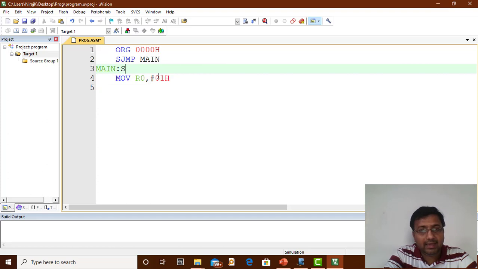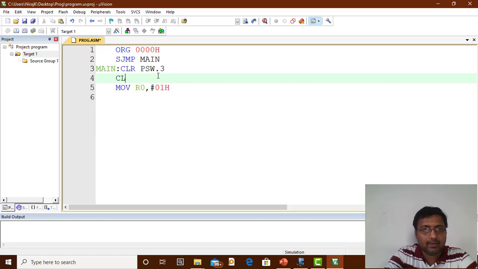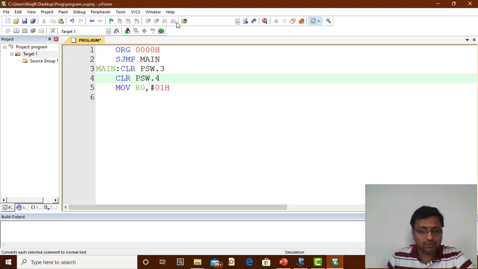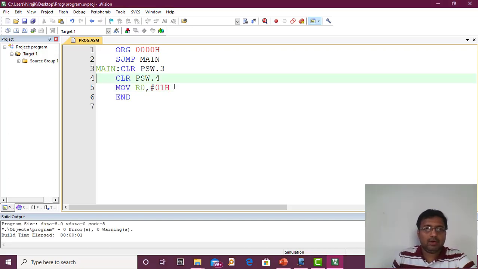You can also write the instructions clr PSW.3 and clr PSW.4, so this selects bank 0.